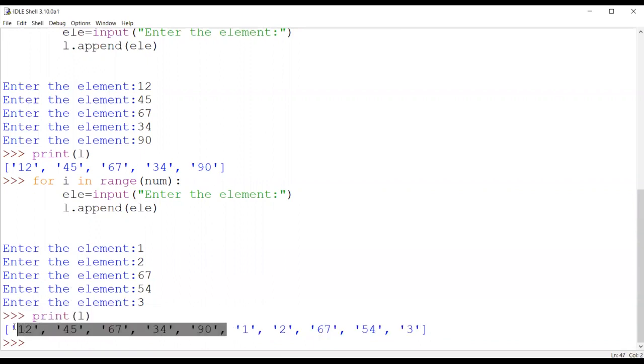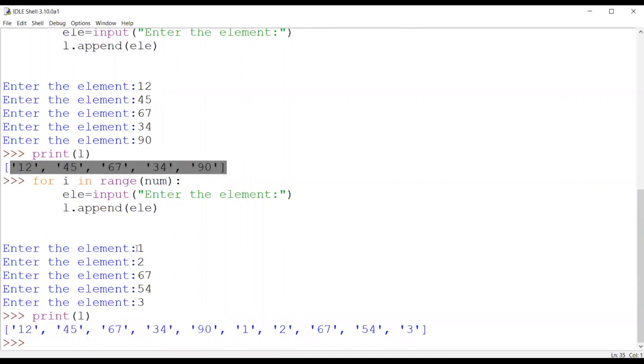This particular list I created over here, and after that I appended 5 more elements, and those have also become part of my same list. As I told you in my previous session, and I'm repeating this statement again and again, lists are mutable in nature. So in the same list, I have added 5 more elements. So all the motives are solved over here. I have taken my empty list, accepted the input from the user side, and added all the elements with the help of the append function in my list.